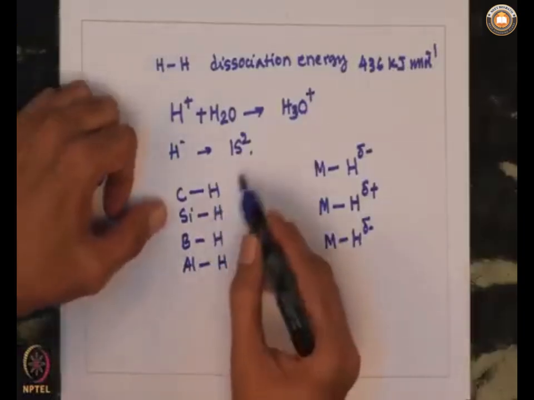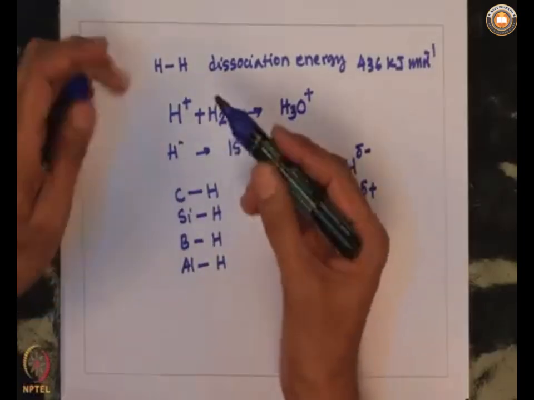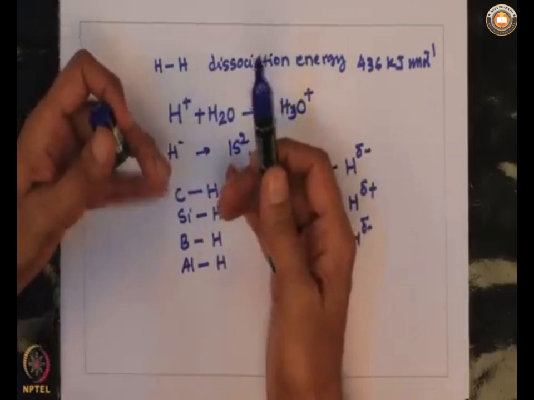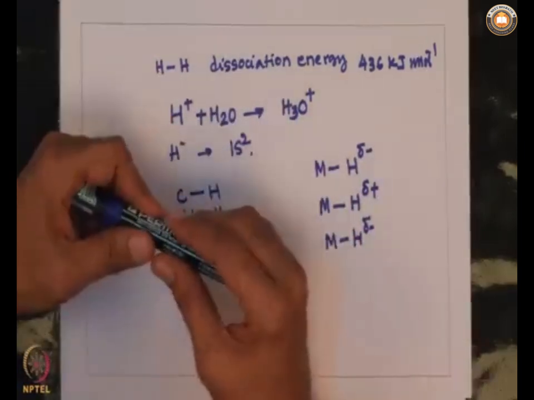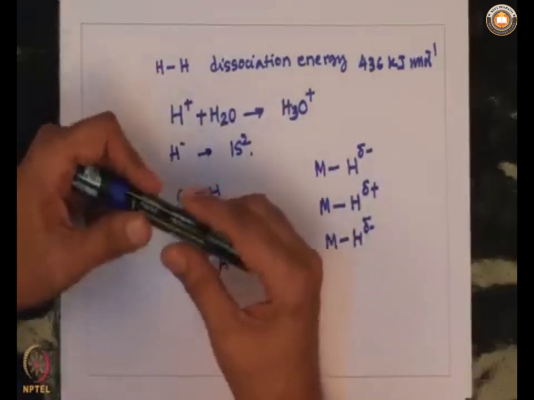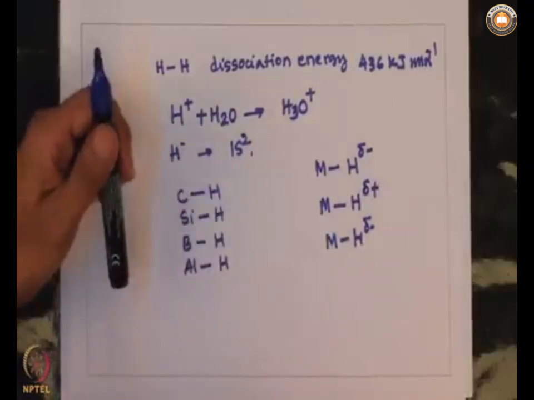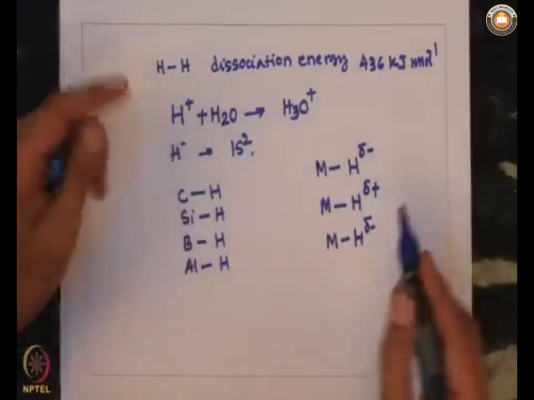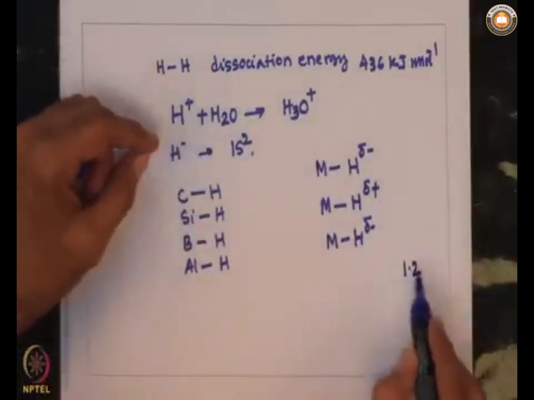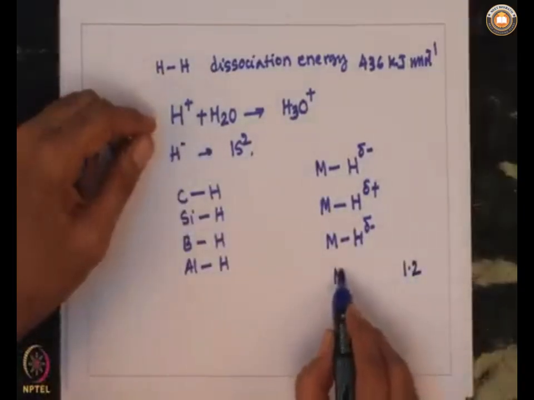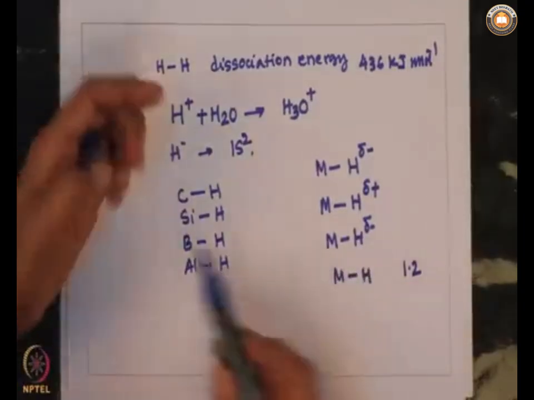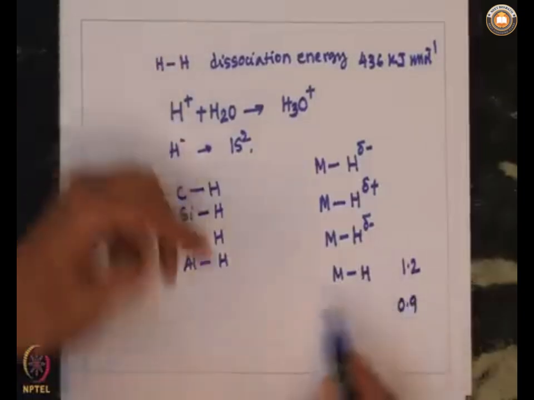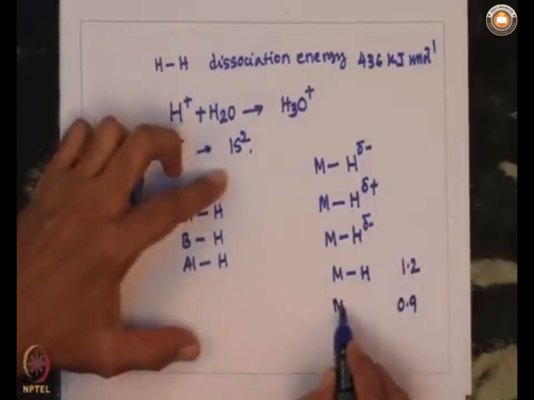However, here in hydrogen, in case of carbon and hydrogen, the difference is not very remarkable, so covalent character is maintained. In some cases where the electronegativity of combining atoms is more than 1.2, essentially they form covalent bonds. If the electronegativity is less than 0.9, then ionic hydrides are formed.